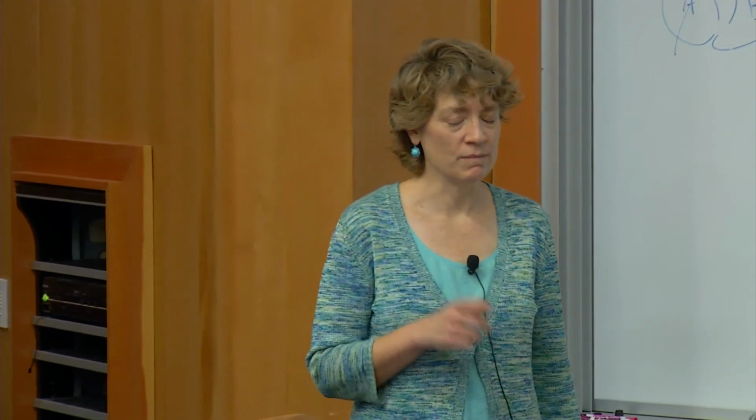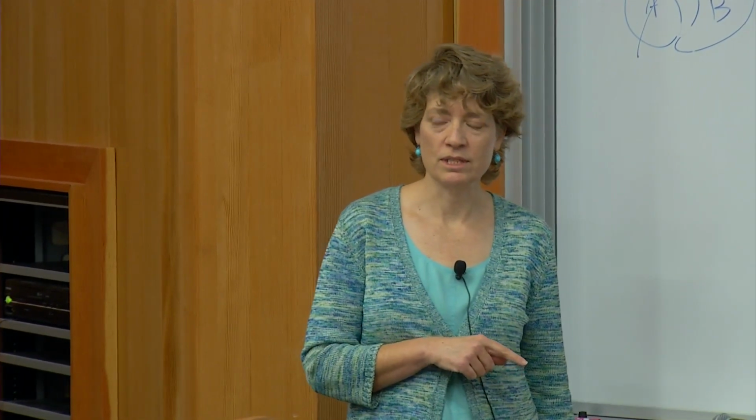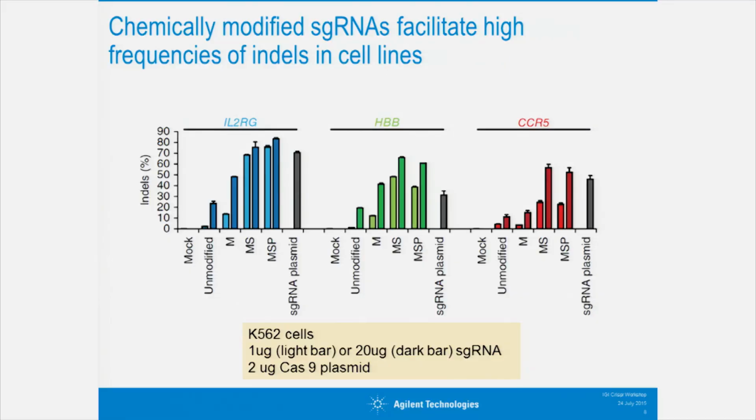So the main take-home message of the paper, as you can see, is that especially in primary cells, having those modifications on the RNAs affected their activity in cells greatly. You can also see, even in K562 cell lines, which we used for this particular graph, that when you have unmodified and then you add the modifications, you also get enhanced activity. So what we're measuring here basically is the indel frequency